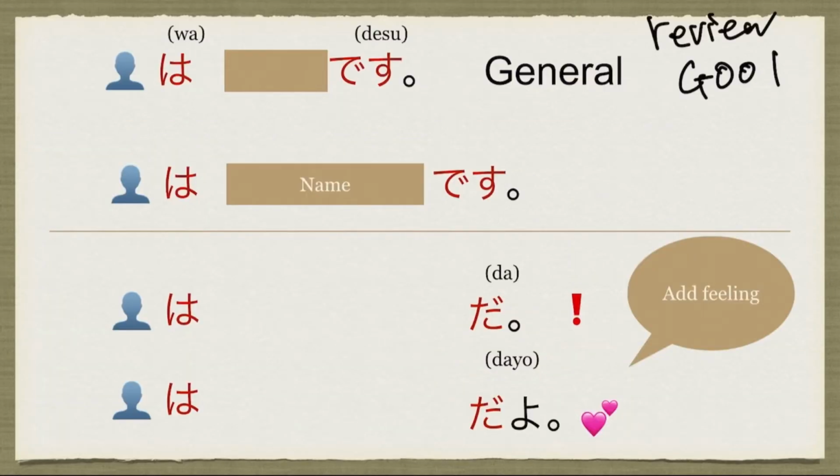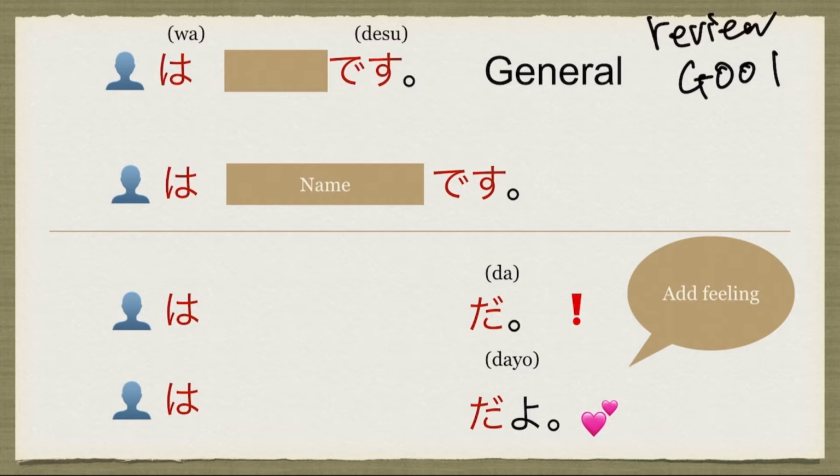Let's recap. This grammar is from the previous video. We learned 何々は何々です。I am Kiki, so 私はキキです。In Demon Slayer, the main character, Kamado Tanjiro, said, 俺は竈門炭治郎だ。We can add some feeling when you change the normal end of the word です to だ or だよ。吾妻善逸 is also